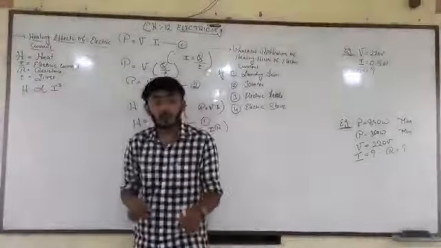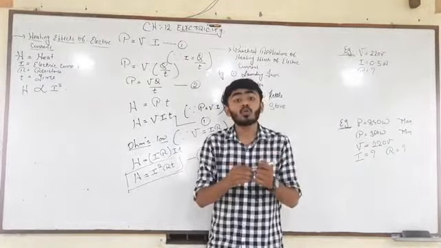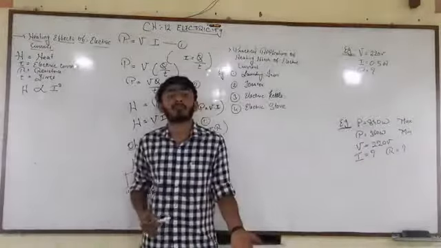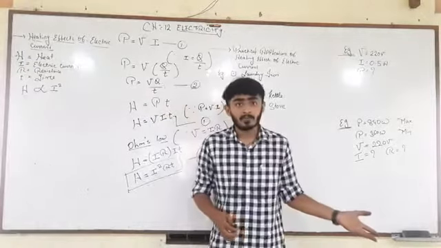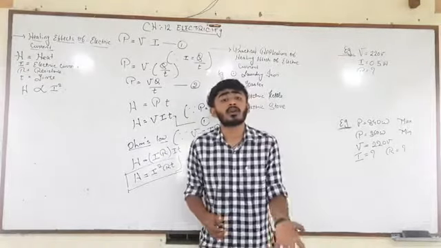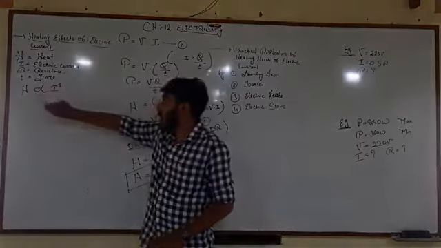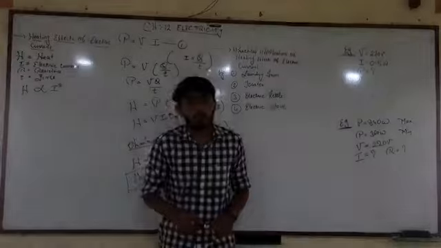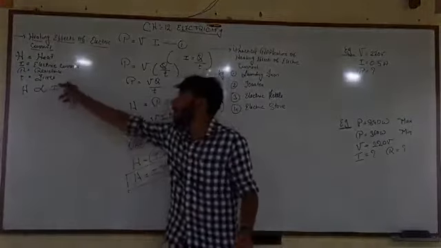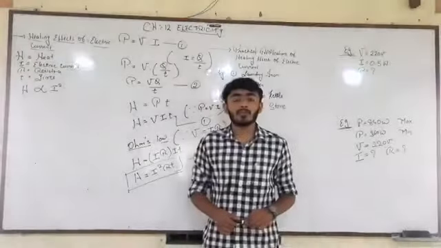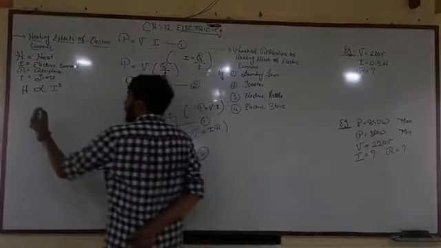So if you want to produce some heat in any electrical appliance, you need to use the square of the electrical current. Say, if you want to produce heat of 4 joule, you need an electric current of 2 ampere. Getting my point? H is directly proportional to I square.